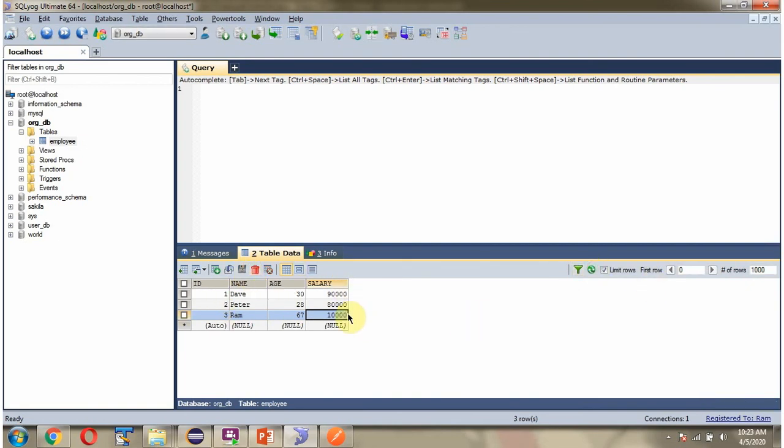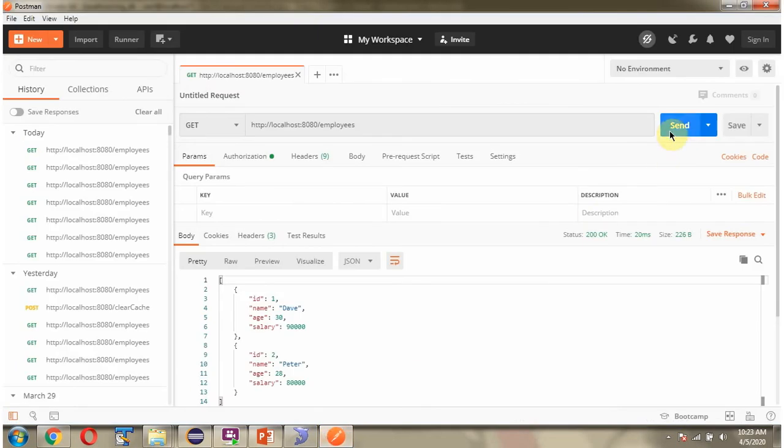Now there are three records. I am sending the request. We got only two records because these two records are coming from the cache.